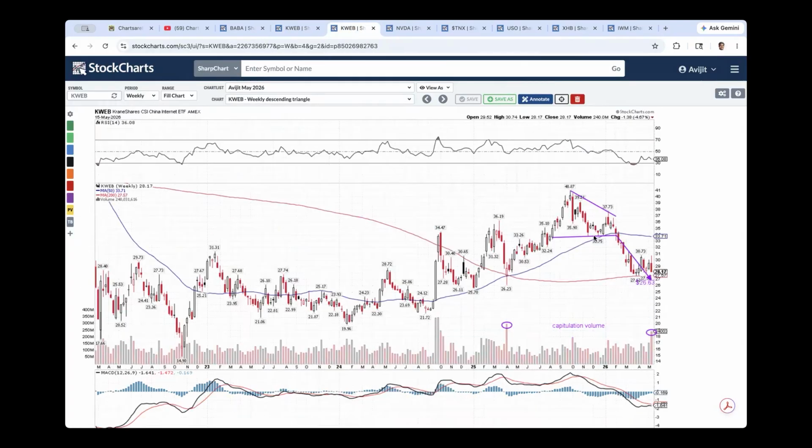Its weekly chart, however, shows there might be some more downside, perhaps to the key support level at 26. So 26.63 is the measured target from this descending triangle breakdown on its weekly chart. If it does form, though, we could expect, because of the capitulation volume, that would be a key low and then a reversal, and we could maybe see a move up to 36 from 26. A $10 move would shape up in the days and weeks ahead.